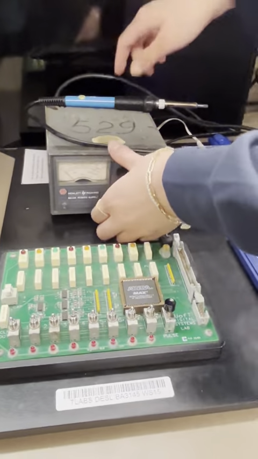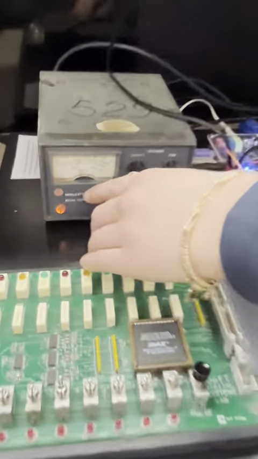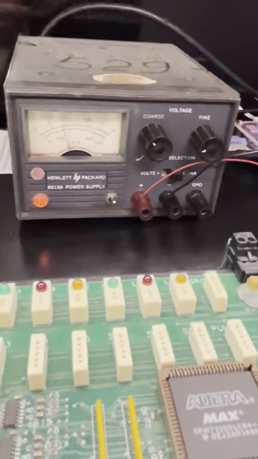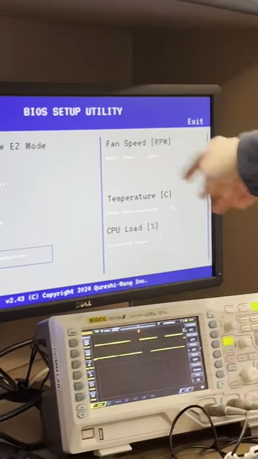So now let's do the actual demo. If I turn the power supply on, so I'm just powering it with 12 volts, and I want you to notice the current draw will increase as the fan speed increases, and you can also see the fan speed, temperature, and CPU load on the VGA display. So if I start,